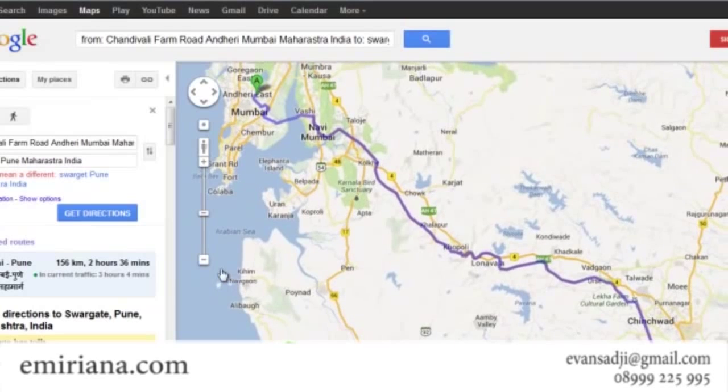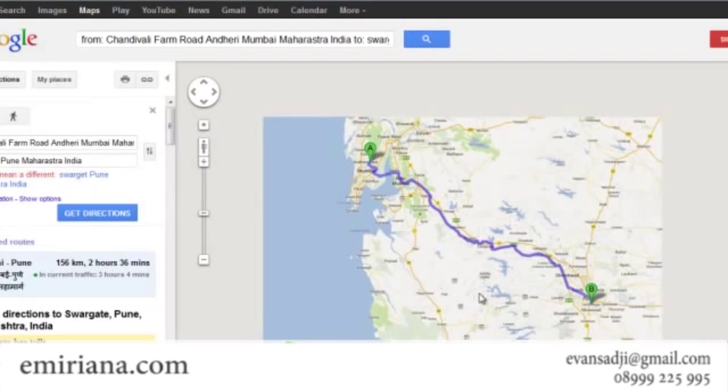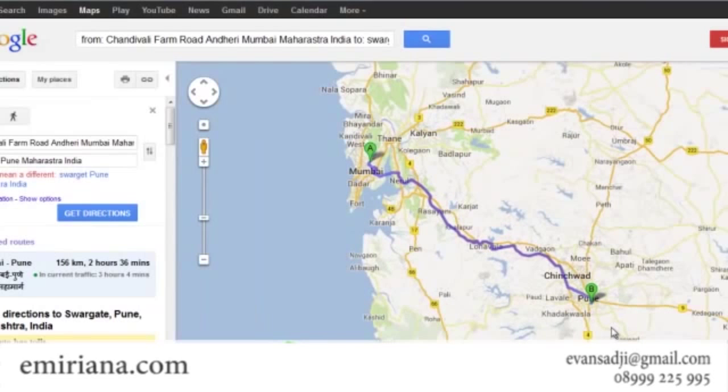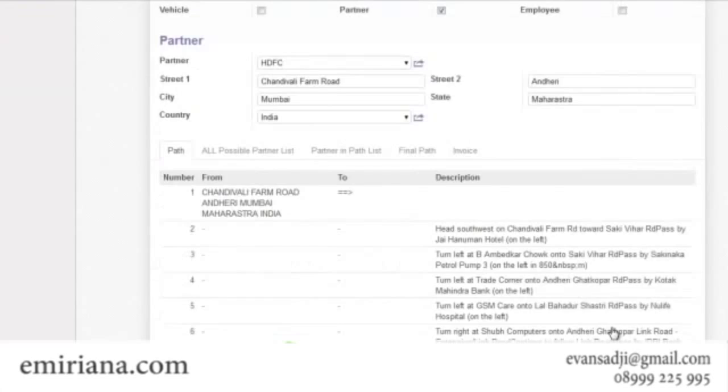Here you can see the route of partner A and partner B, and here in Google Map you will get the path from your source to destination. Similarly, if you want to track multiple partners which come in that particular route, then you